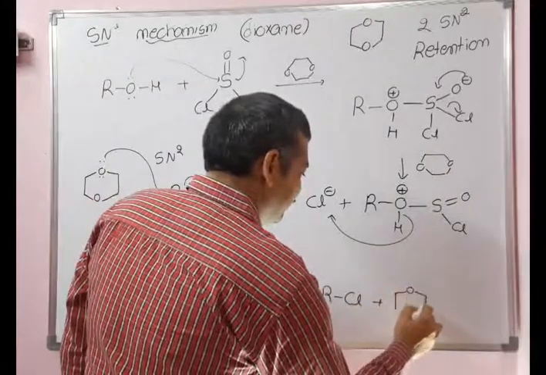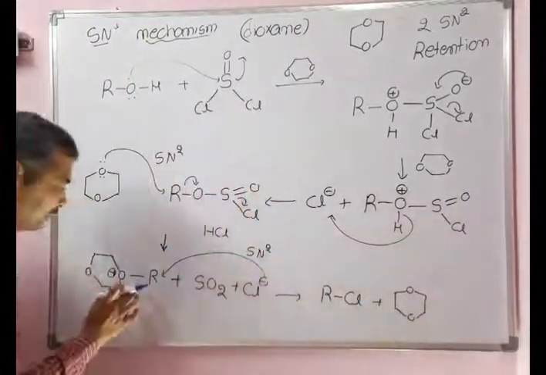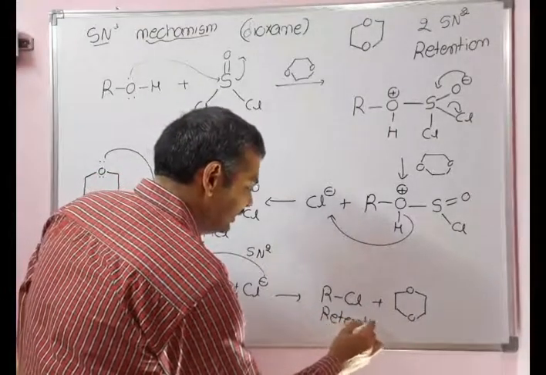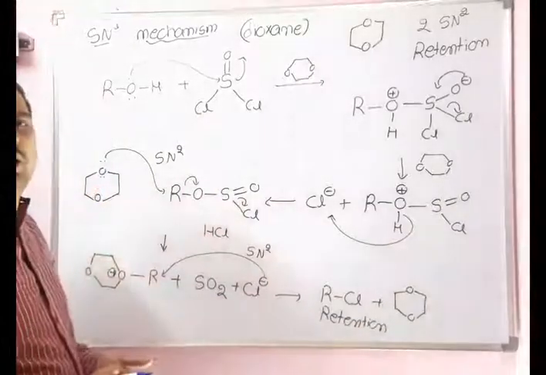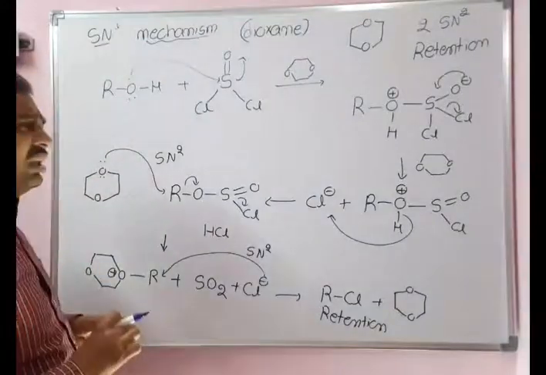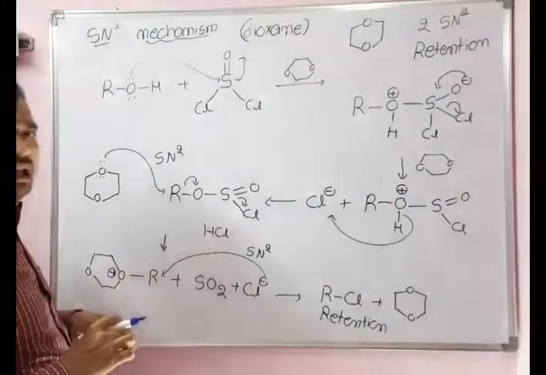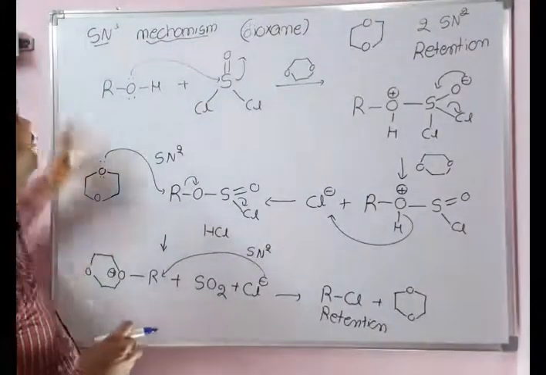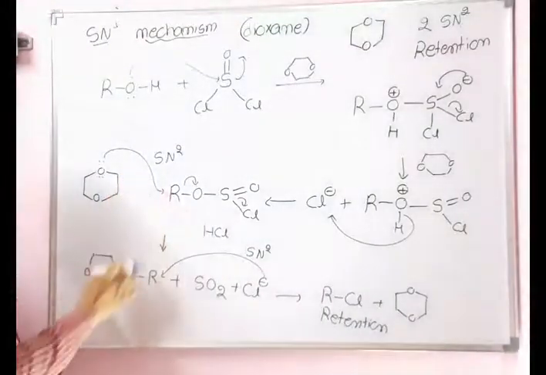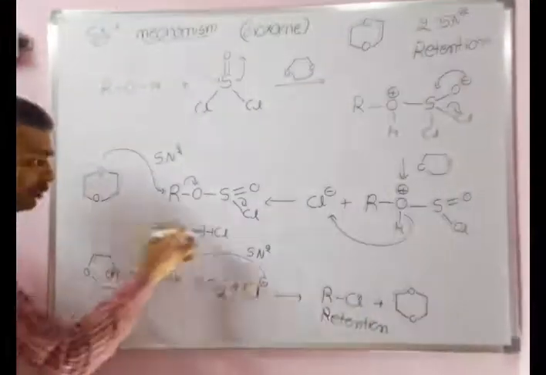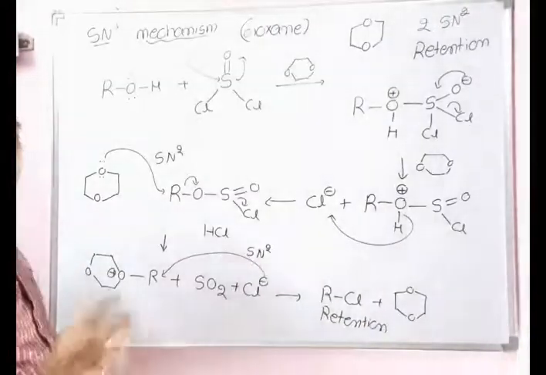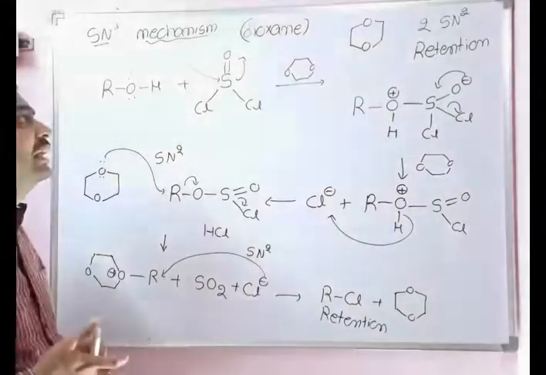dioxane will be eliminated from this R group. So finally we will get retention of the configuration. This is we will get retention of the configuration, but that is not because of the SNi. The remaining procedure is similar, but because of dioxane, instead of SNi, it is taking place by two SN2 reactions. This is the first SN2, first inverted configuration. Inversion to again inversion, finally with the retention of the configuration will take place in SNi reaction. This is about the mechanism in dioxane.